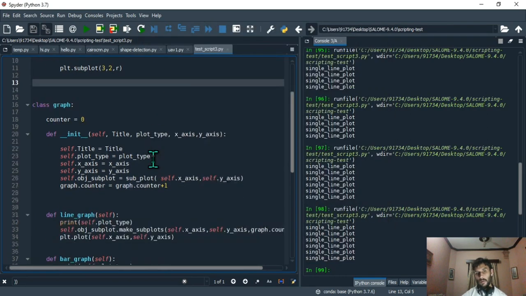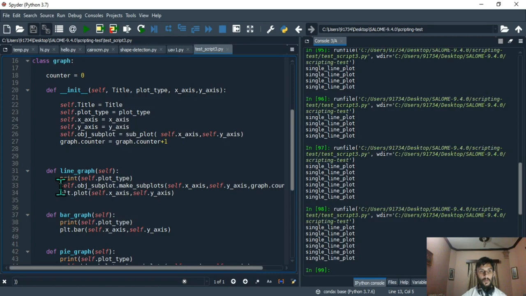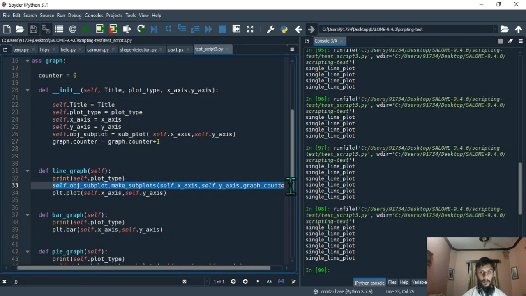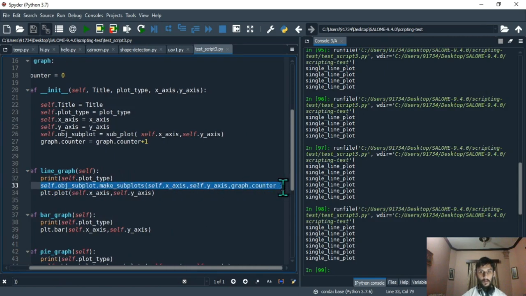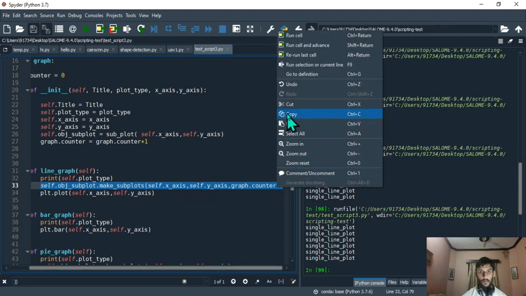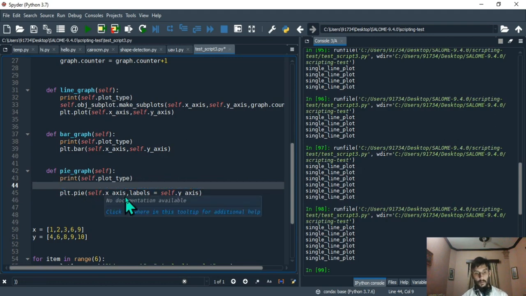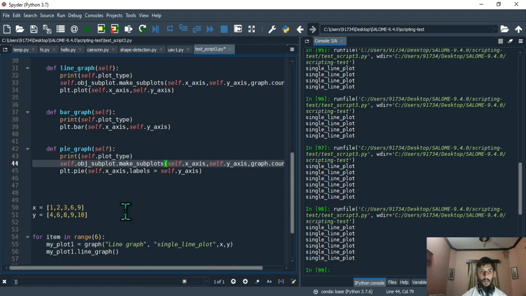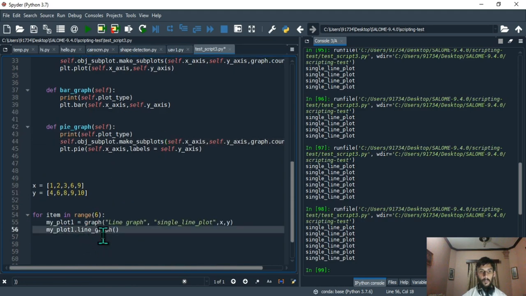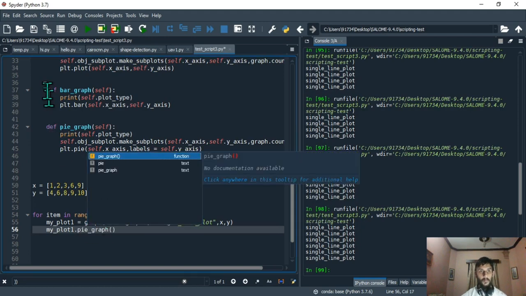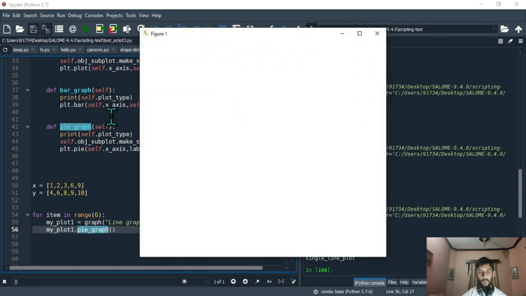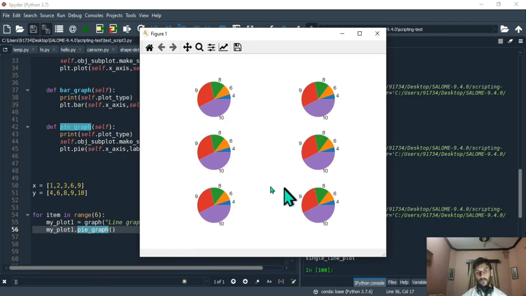You can do the same thing with the, for example, let me just show it to you. Okay, so you can do the same thing. All you need to do is copy this. So maybe you want to use it for pie plot. So what you need to do is put this here in 6, and now you just need to call the pie graph. Okay, so you have pie graph here. Go ahead. So you see you have 6.